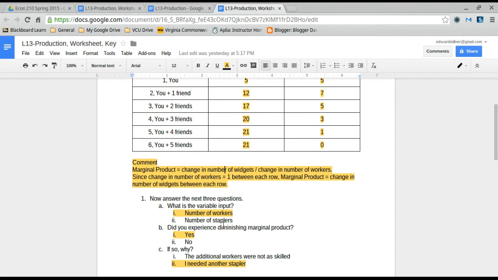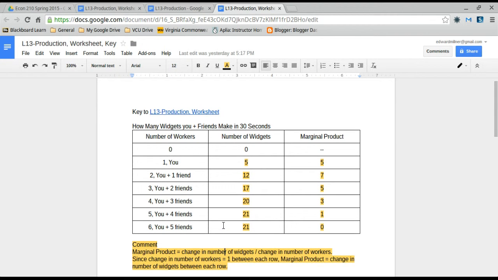Why did I experience diminishing marginal product? Well, my problem was I wanted another stapler. As more and more people began using that single stapler, each extra friend added less and less to the output that we were producing. If you'd given me a second stapler, we could have gone to gangbusters with about 3 people